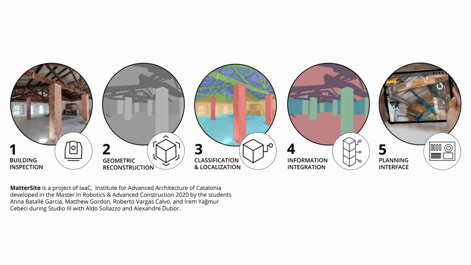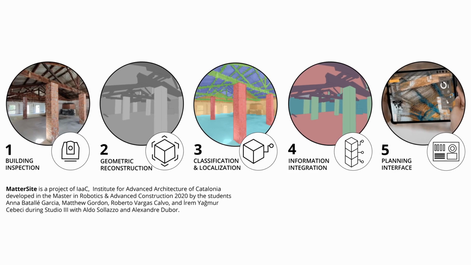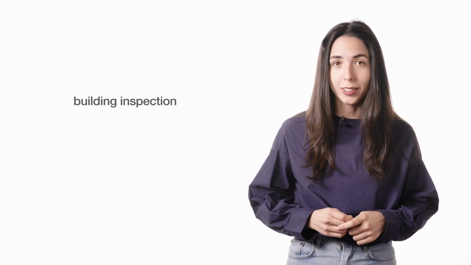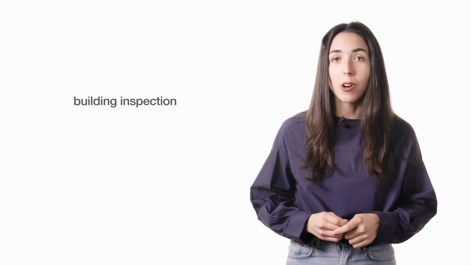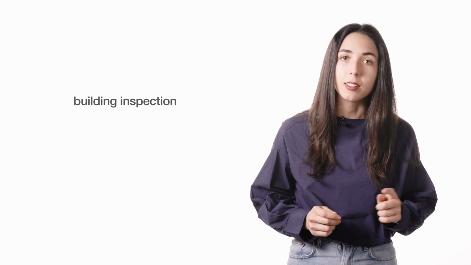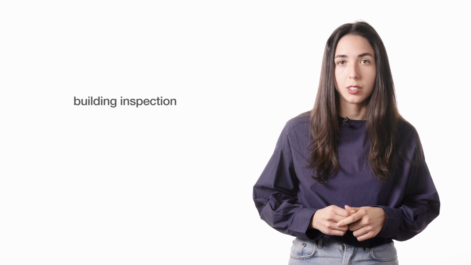Now, let's take a look at how these different digital tools can come together to enable a specific digitalized workflow. As an example, we will look at the process for automating the capture of information from demolition sites to assess the construction works. This new digitalized workflow consists of several stages. The first being building inspection, where reality capture technologies come into play. These technologies allow us to create a digital representation of the building components, laying the foundation for the subsequent stages.